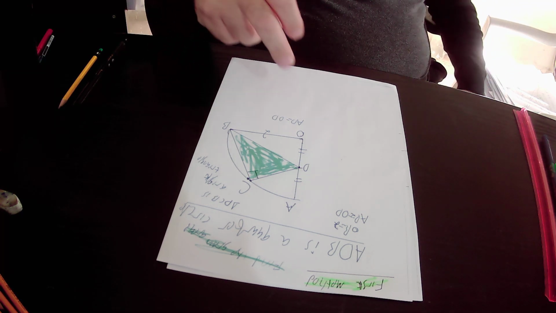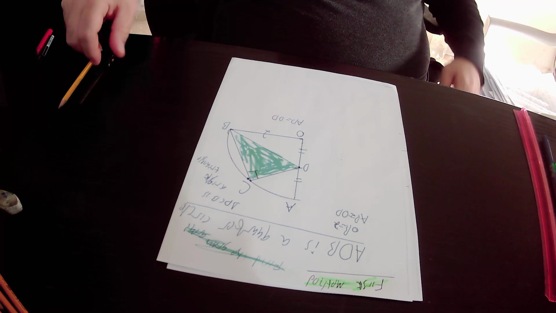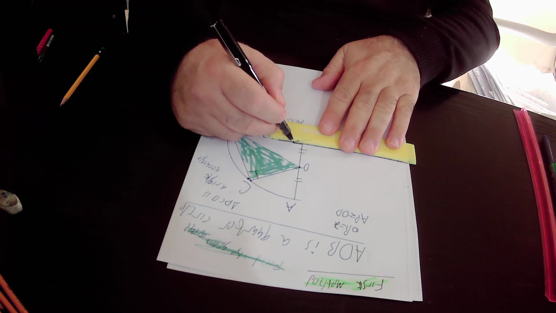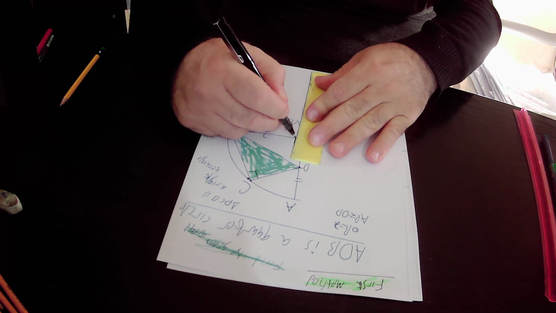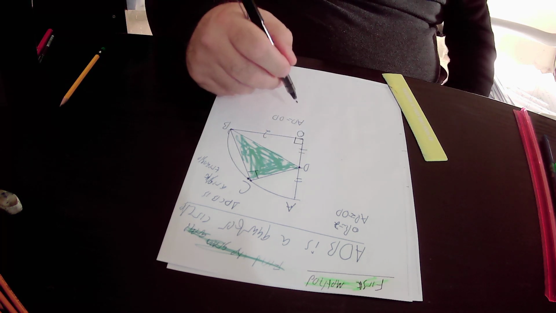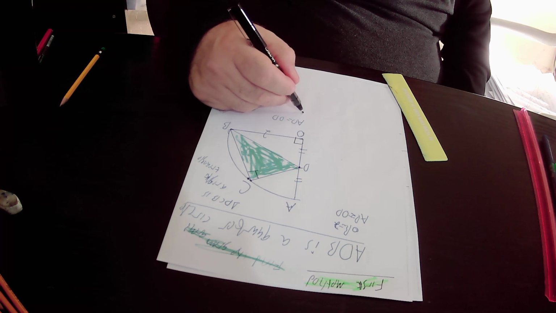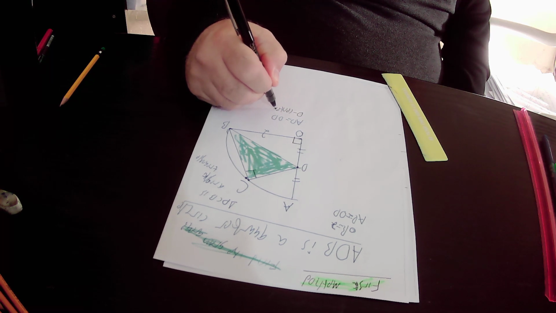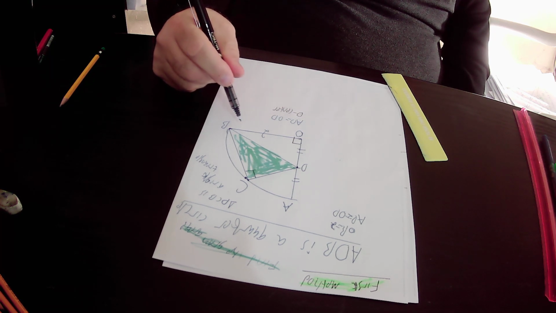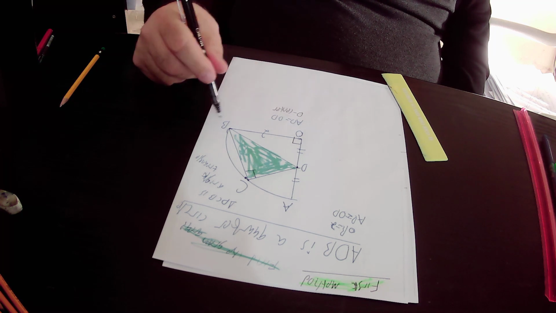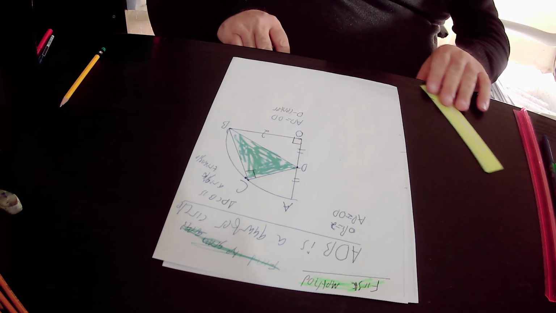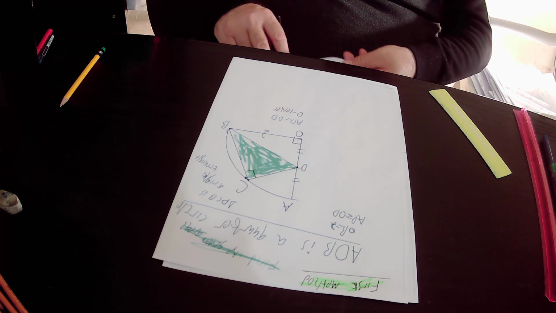First of all, because AOB is a quarter circle, it means that angle AOB equals 90 degrees. This is the first thing. And also, you can conclude from it that point O is the center of the quarter circle. And the radius of this quarter circle is OB, that is equal to AO, that is equal to 2 units. So you can write down that the radius of the quarter circle